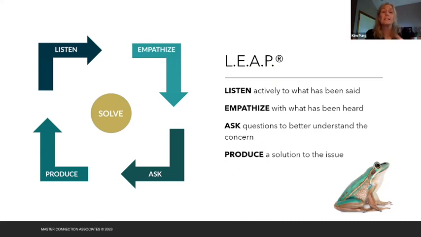But what LEAP is going to do is open up conversation with your customer in that moment and get you more likely to a solution that you're both going to agree to and want to do. And they're going to feel more connected to you. And so that's what LEAP does. It's really just about the communication. It's really just about the conversation that's hopefully moving you toward removing that hesitation, answering those questions that they have, working through solutions of some of the concerns that they had, and moving them closer to saying yes.